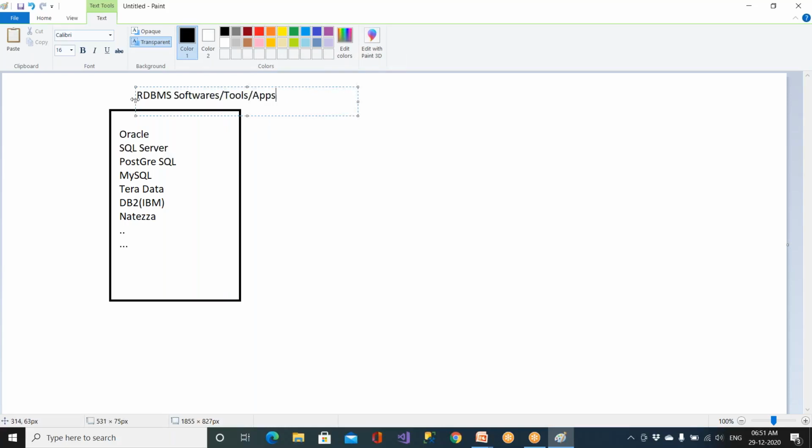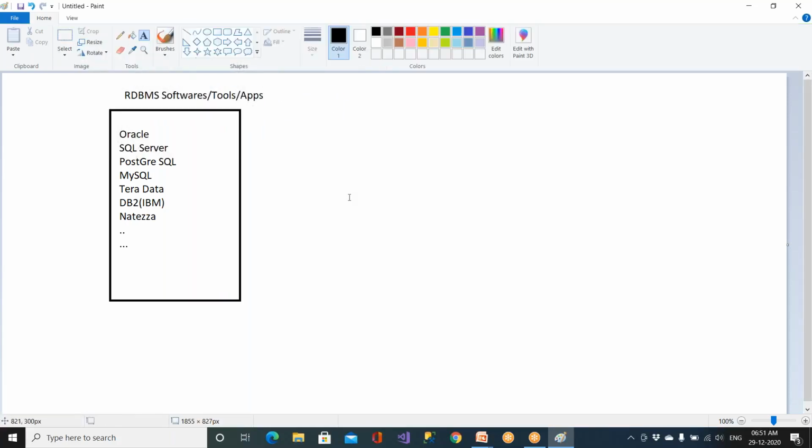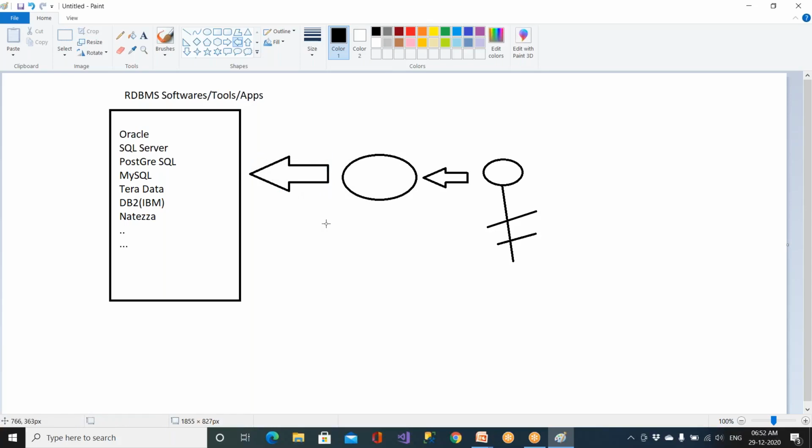So it is there to store the data and retrieve the data. But if you wanted to communicate, this is you, right? You're a developer. You wanted to communicate. So if you wanted to communicate, definitely you should have a language. What language you need to speak here? There is a language called SQL language. I already told you, right? So I'm communicating to you in English and I'm teaching you RDBMS concept. Am I clear? So that is very, very important.